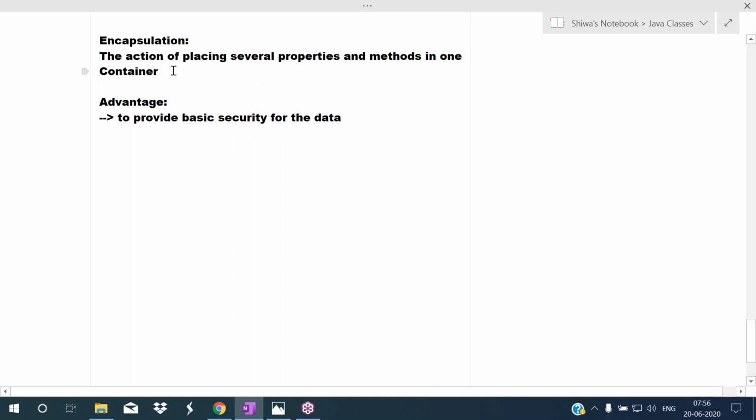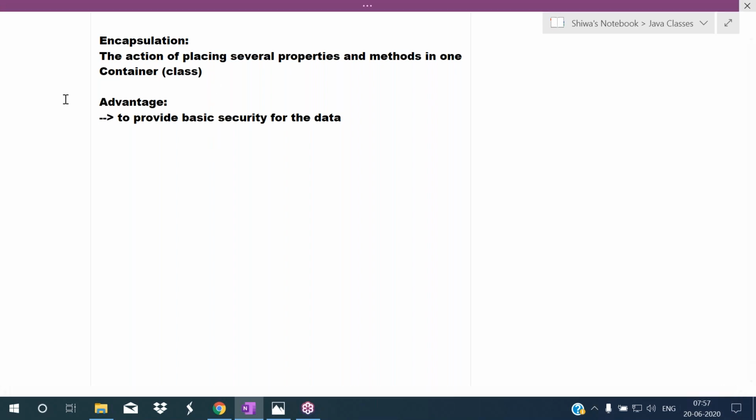So this container is called what? Class. That action is called what? Encapsulation. So when you are defining a class, that is encapsulation. So why are we placing the members in the class? To provide basic security for the data.